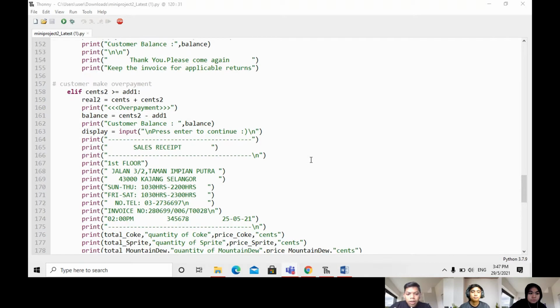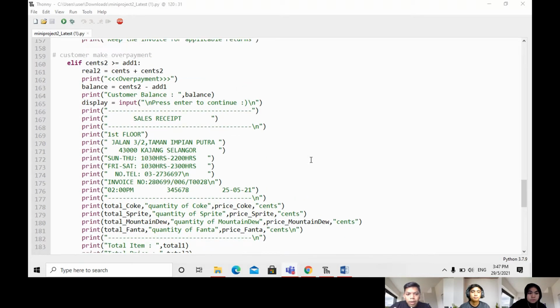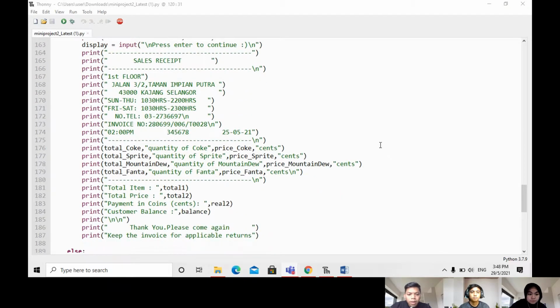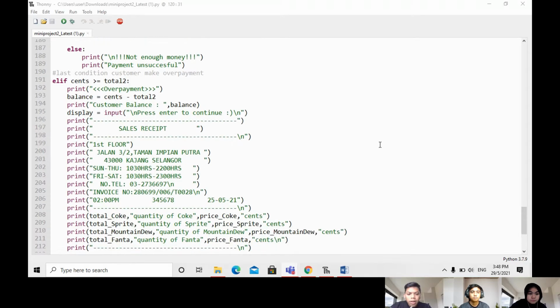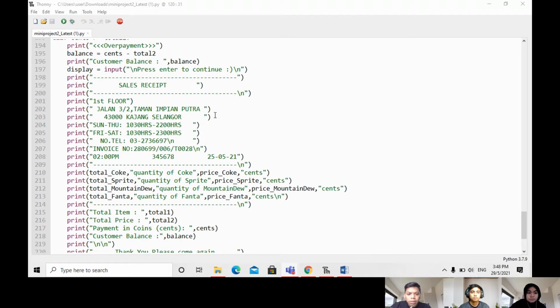After that, the third condition is the customer makes overpayment. Print overpayment. After that, print customer balance. And then the last condition, customer overpayment. Please press enter to continue and print customer balance.